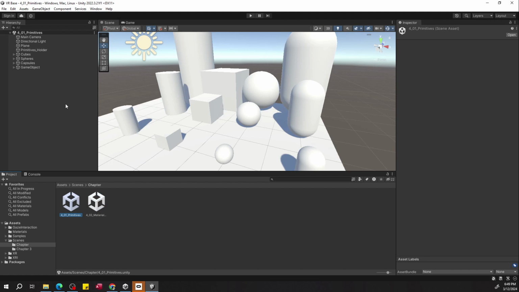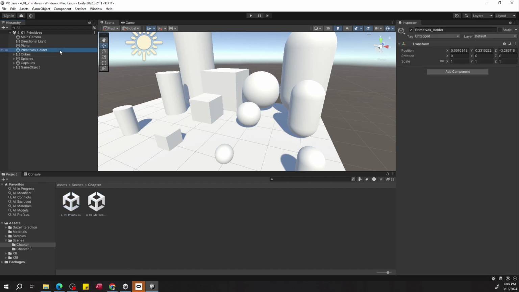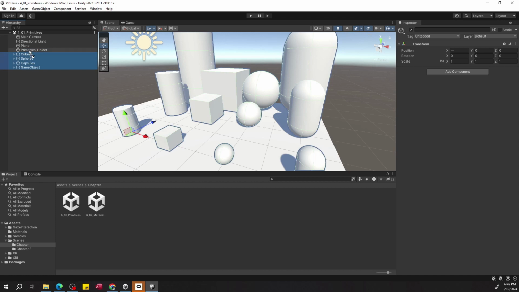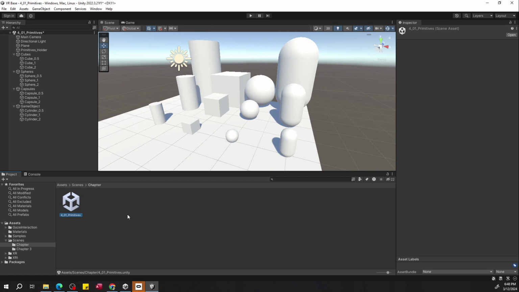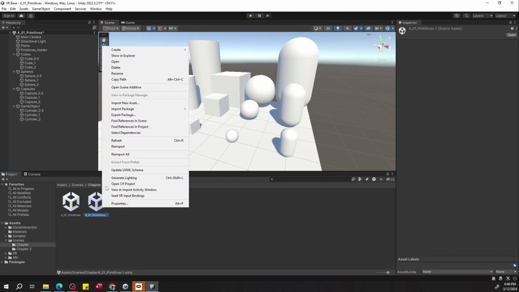Oh, and one detail I forgot for our primitives scene, this primitives holder is supposed to be the parent object for all of these shapes. So let's select all of these and put it under primitives holder and then save. We're going to duplicate this primitive scene and we're going to rename it as